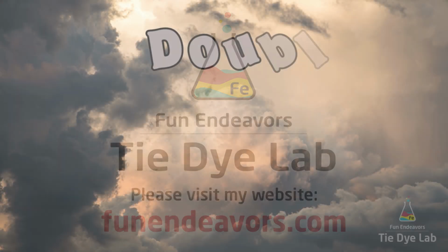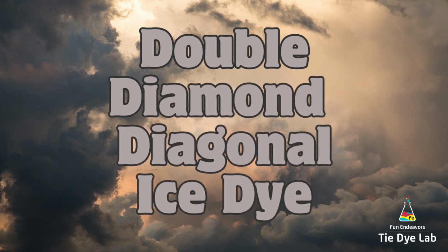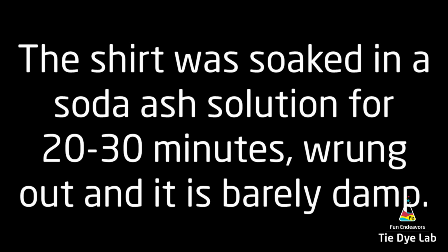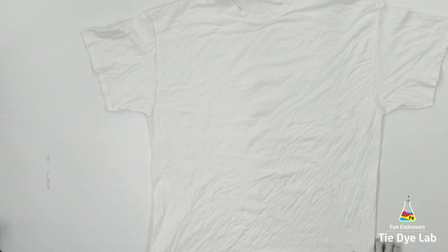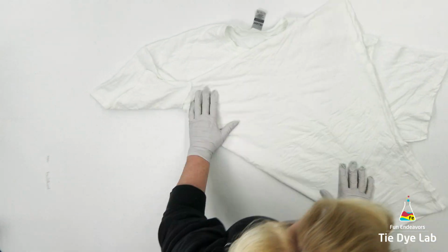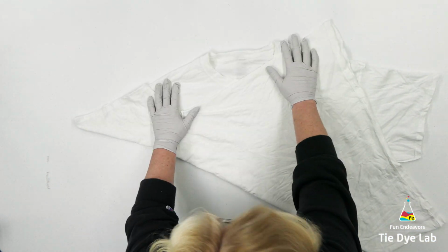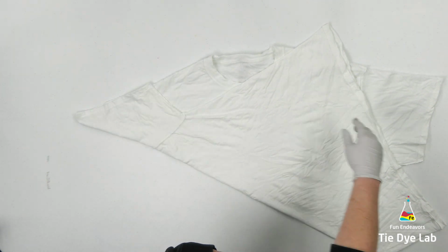Today I'm going to make a double diamond diagonal ice dye shirt. I'm making designs similar to this one, but this time I'm going to make a diamond instead of just a regular fan fold. So I'm going to begin by folding one corner of the shirt up past the opposite shoulder